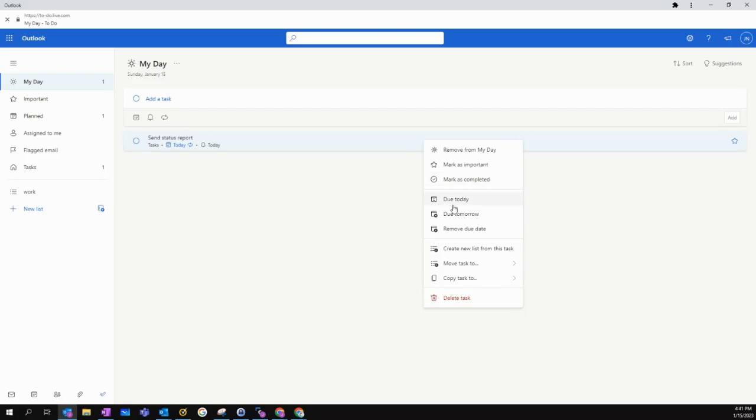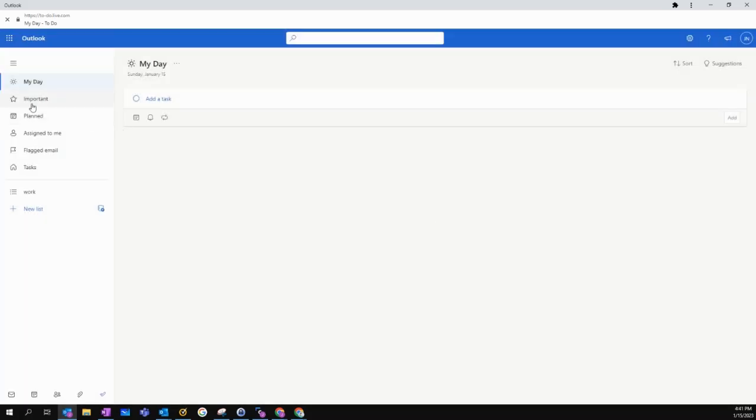I can change the due date. I can remove the due date. I can delete a task. I can copy it to another list. I can move it, or I can delete it. Let's delete it. We created this one. So same case in here. If I create a task in here and set it as important, this task is important,